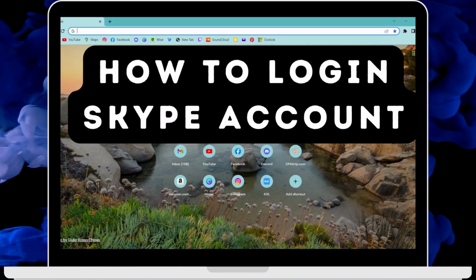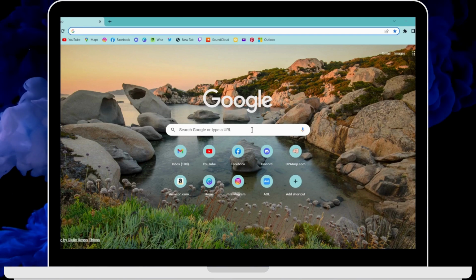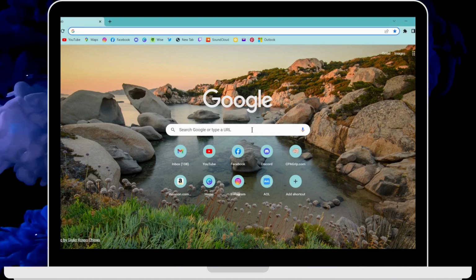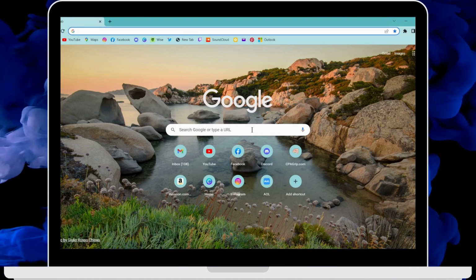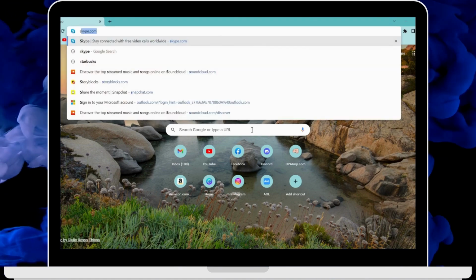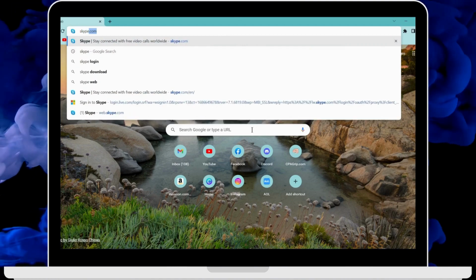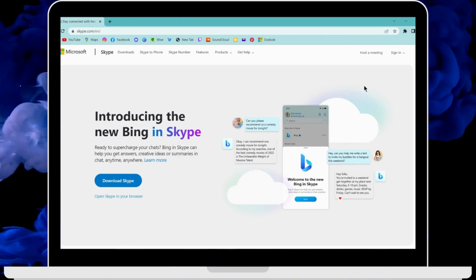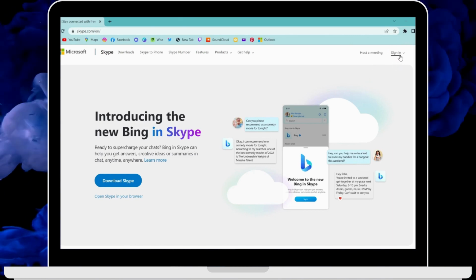How to log in to Skype account. So if you want to log into your Skype account, then first of all open up a browser, any browser that you are comfortable with. I'm here with Google Chrome browser, and now on the search bar search for Skype,